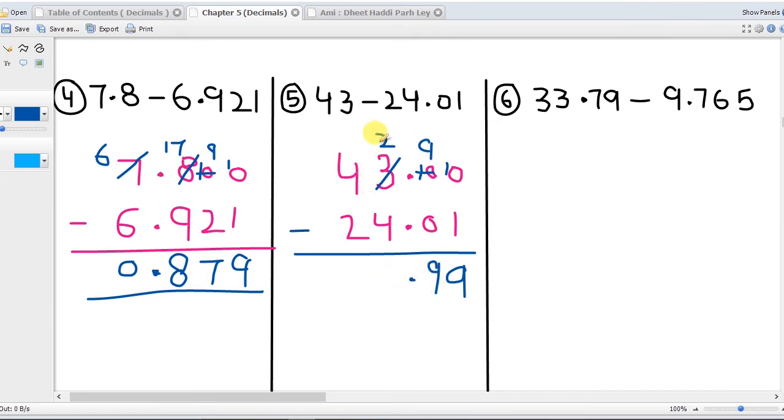Put the decimal point, and 2 minus 4. We cannot take away a bigger number from a smaller number. So again take a borrow from here. The number left here is 3. And write 1 with this 2. So this becomes 12. 12 minus 4 is 8. And 3 minus 2 is 1. So the final answer is 18.99. That's nice. So the next question is